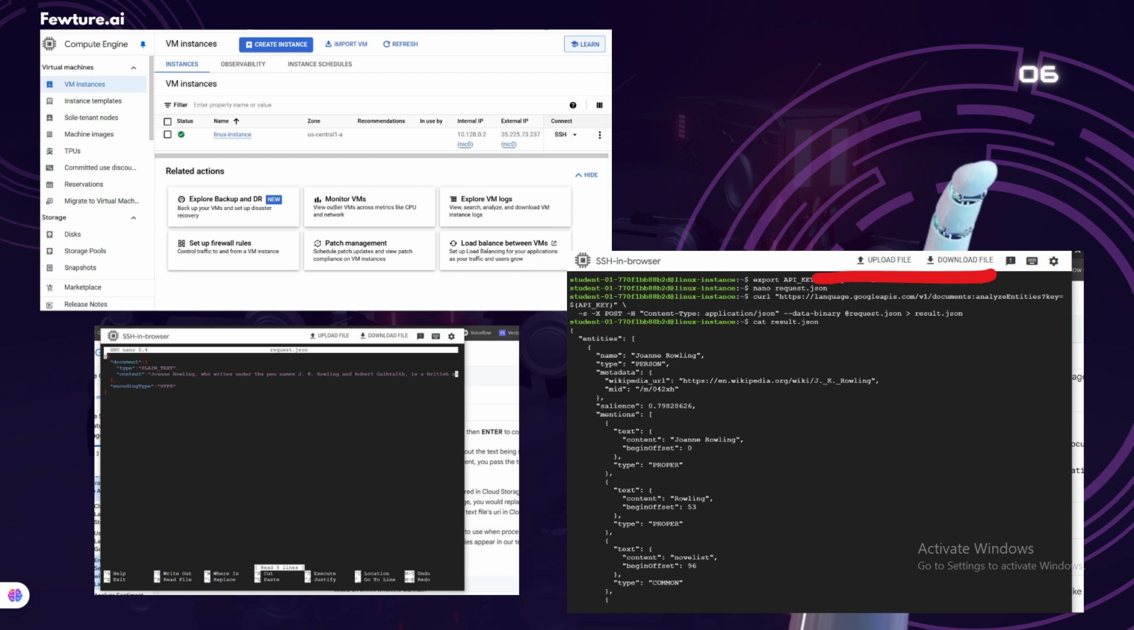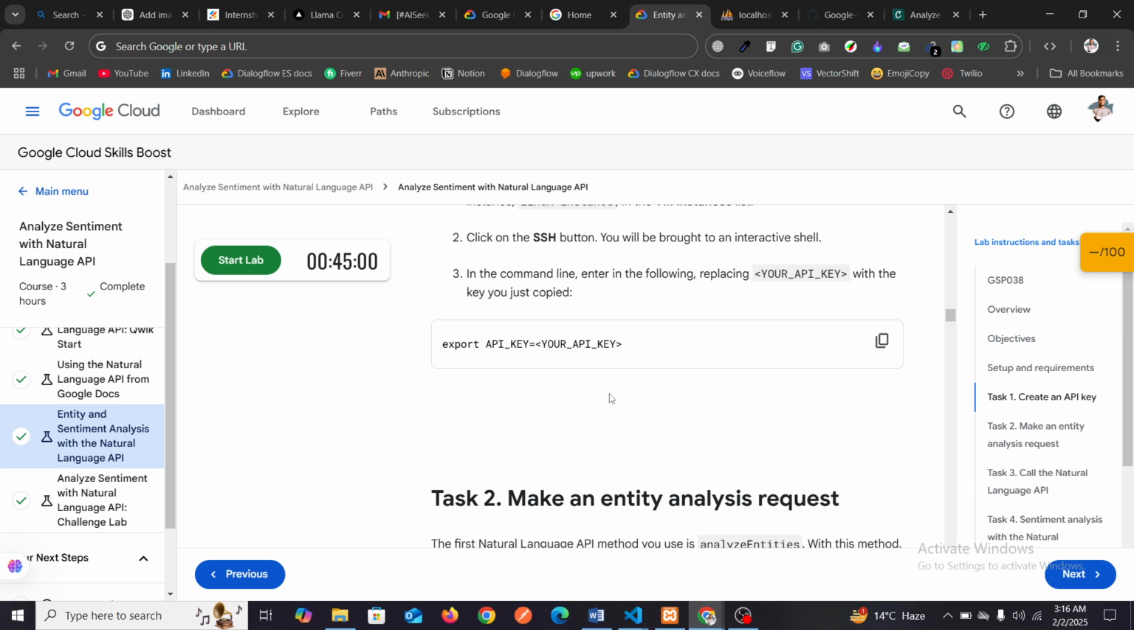You have to just import your API key here with the variable API key. After that, nano request. What nano request does, we're going to see it here. You have to first export the API key. Then